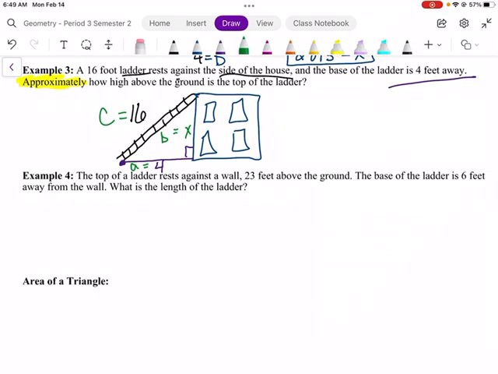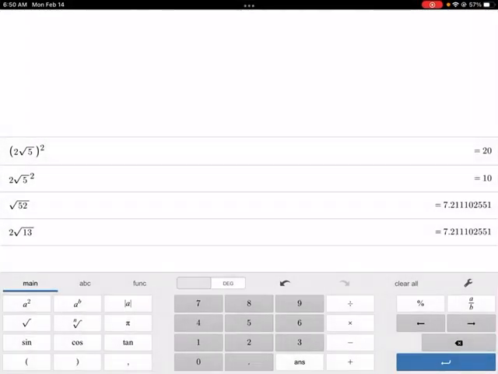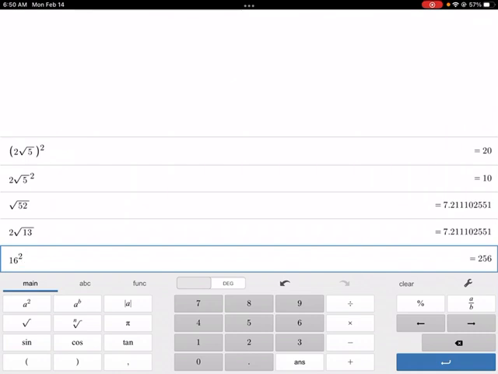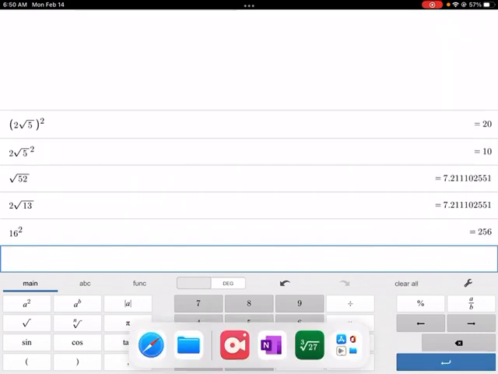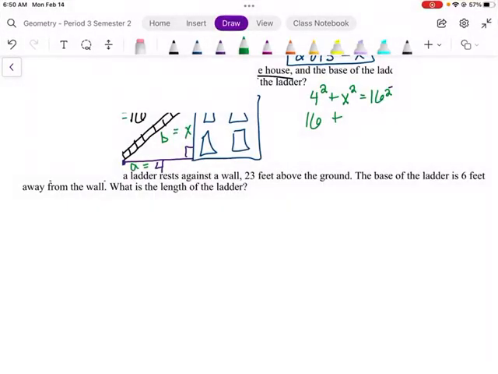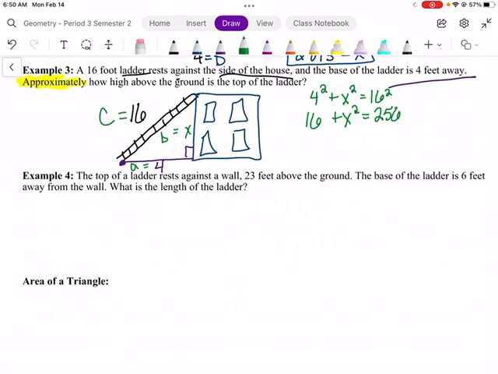So we'll have 4 squared plus x squared equals 16 squared. We'll have 16 plus, and I don't remember what 16 squared is off the top of my head. 256. Yep. And then on both sides, we'll subtract 16, which will give us x squared equals